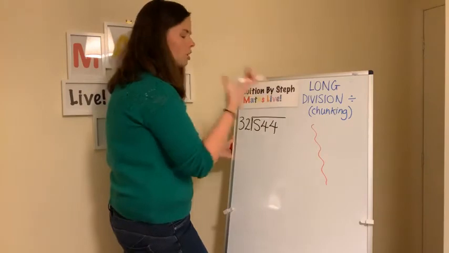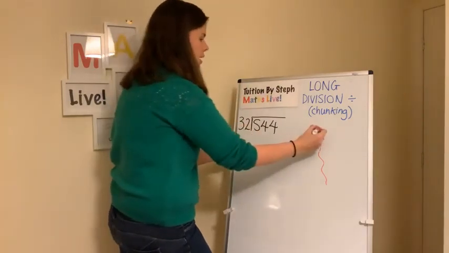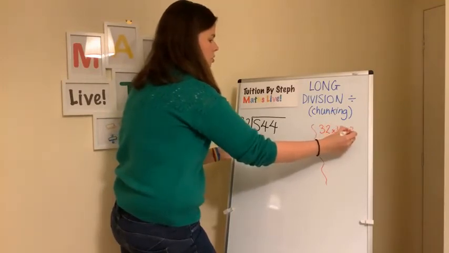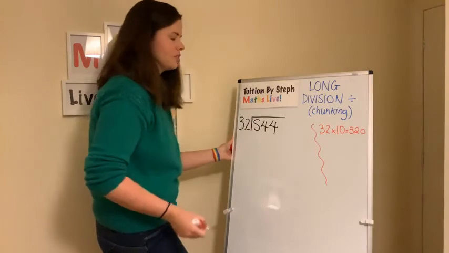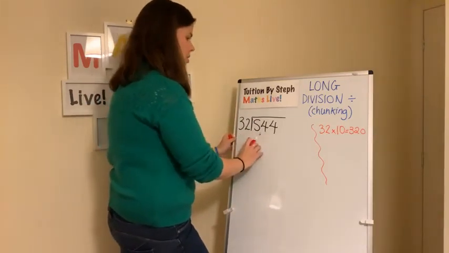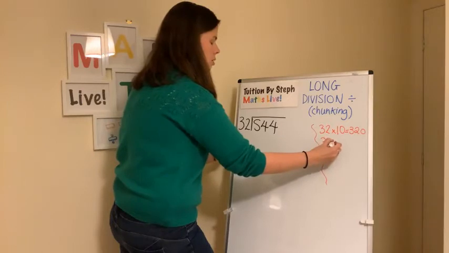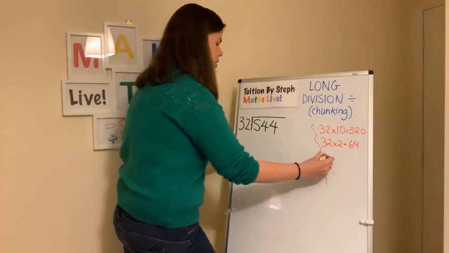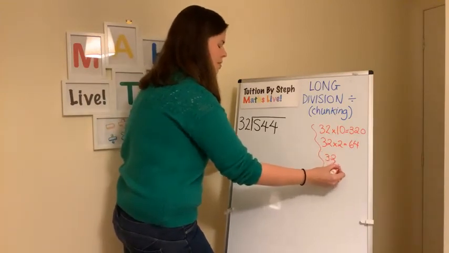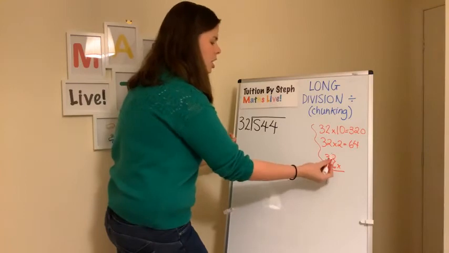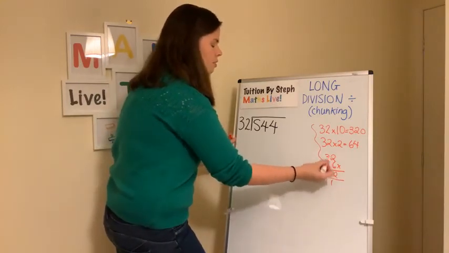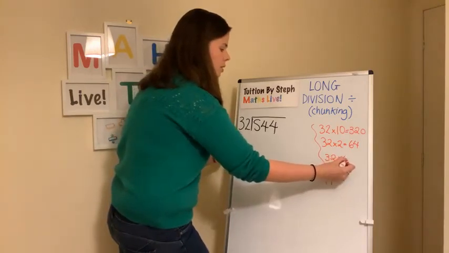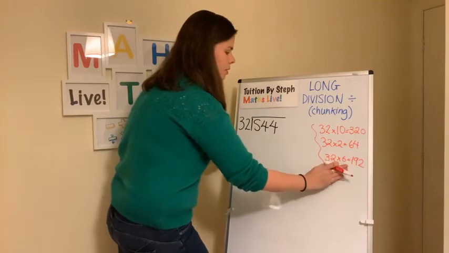So I think I'm going to get some big chunks of 32 to help me for this question. Now, obvious one to start with is 10 lots of 32. Let me think. What's 2 lots of 32? 32 times by 2, 64. 32 times by 6. 2 6s are 12. 3 6s are 18, 19. So 192. Okay. I think that'll do.